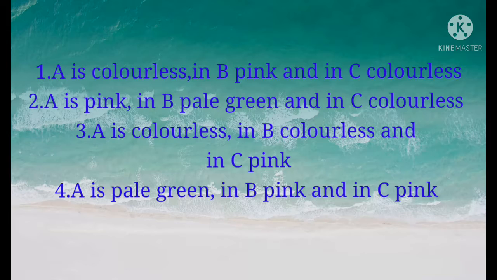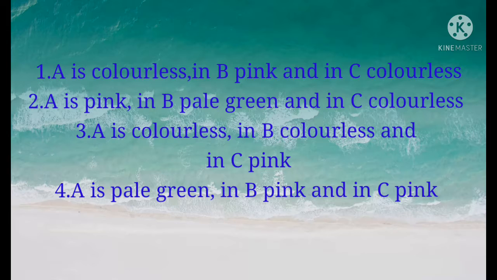It appears colorless in acidic solution. It gives bright purple or pink color in basic solution. In test tube A, HCl is added to phenolphthalein. After the reaction, phenolphthalein appears colorless. In test tube B, sodium hydroxide is added to react with phenolphthalein. Phenolphthalein gives pink color with sodium hydroxide since it is basic in nature.